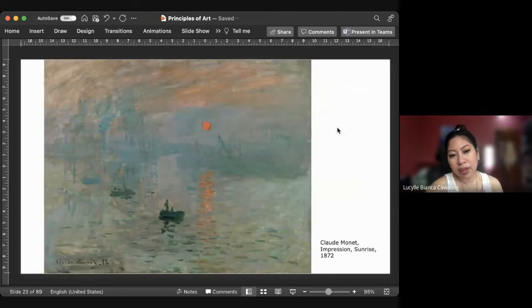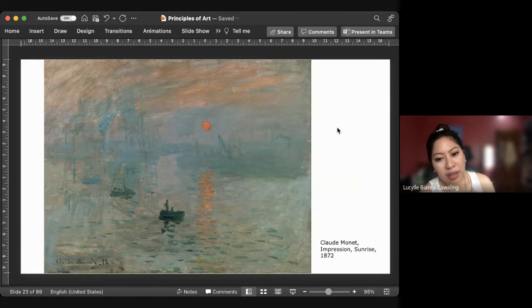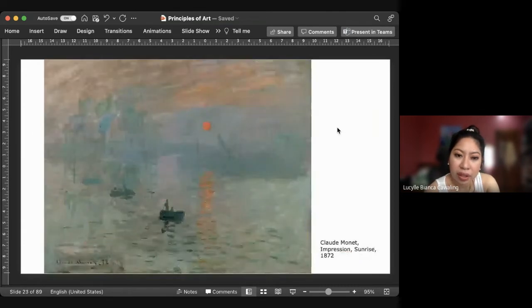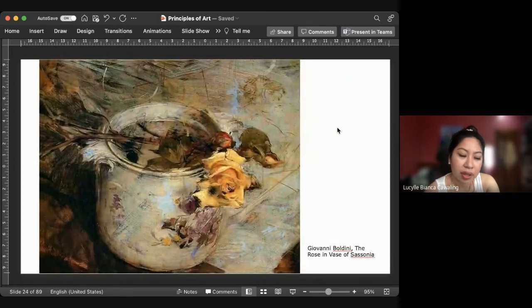And then this one also by Claude Monet. This is a sunrise impressionism painting in 1872. And this is another using different ano naman, textures or brushes, but at the same time, with the help of the color, you could see how the rose is given a focal point in the painting.